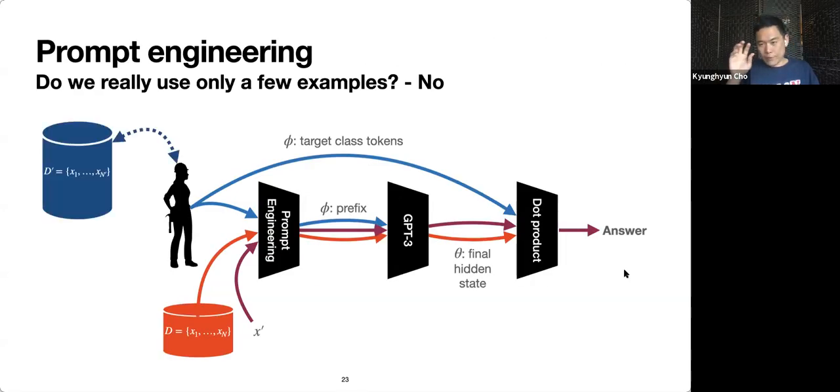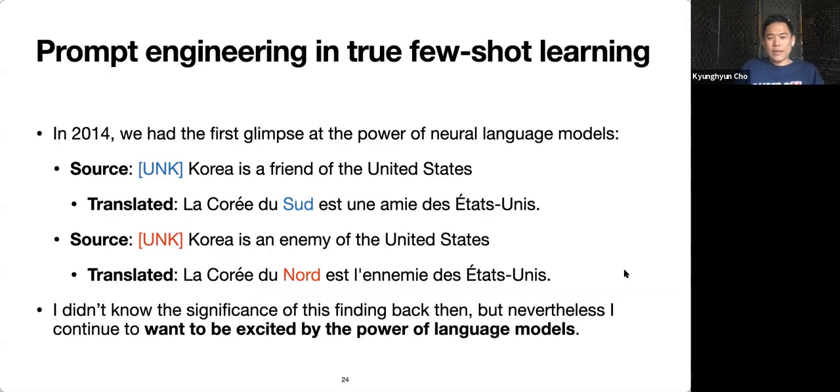Very large set of validation examples. It's a very lousy way to use a large labeled validation set, but nevertheless, it's labeled examples. So in some sense, it looked like it was few-shot, but it wasn't really few-shot to start with. But still, I want to emphasize that I'm still very excited about this. And I was excited about this possibility already quite some time ago.